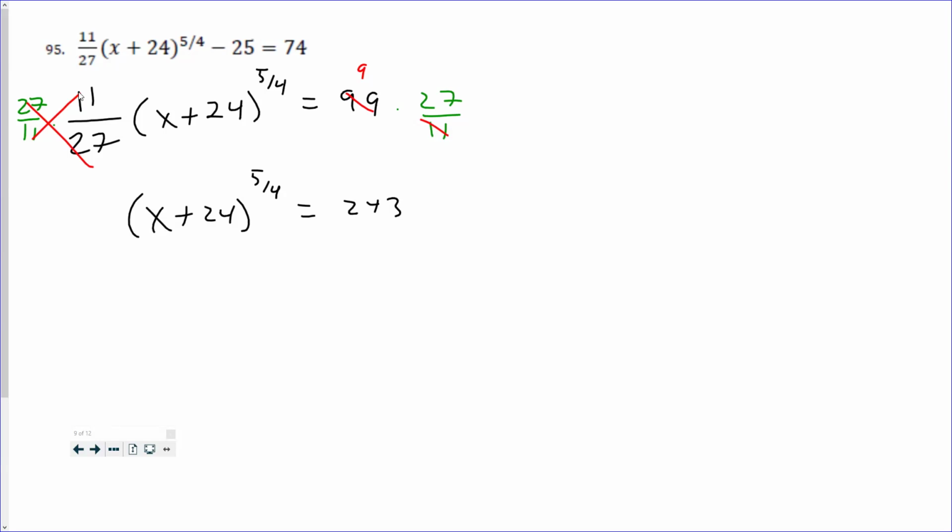Three to the 5th. So it's 3 to the 5th. So 243, I'm going to change that to 3 to the 5th first. Anytime you have a real number, it's best to put it into its prime factorization. And then I'm going to work on getting rid of